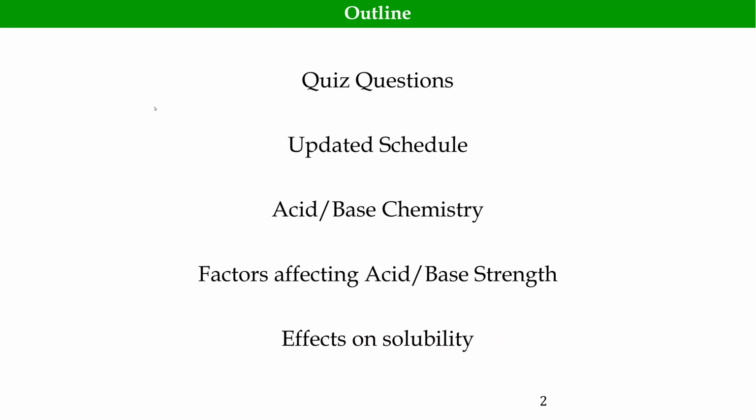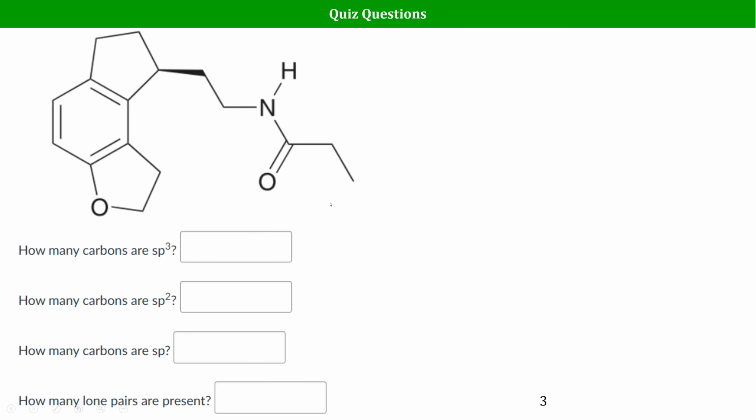Let me also double check. I mentioned that it is sticking, and sometimes the audio doesn't record, so I'm just double checking that. All right,